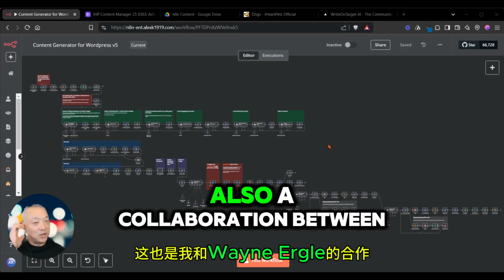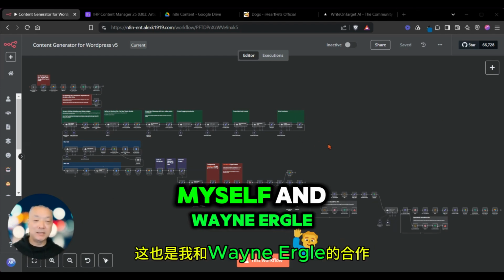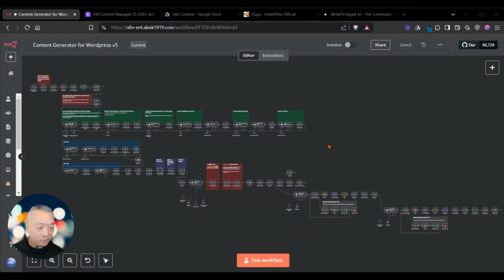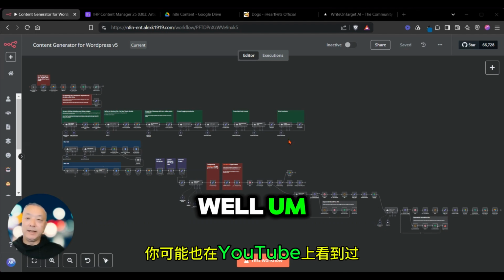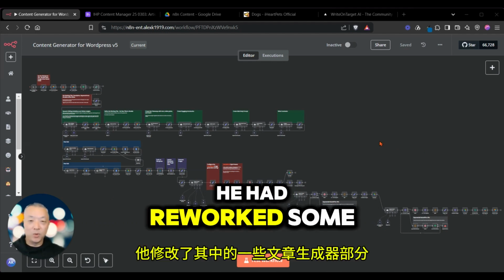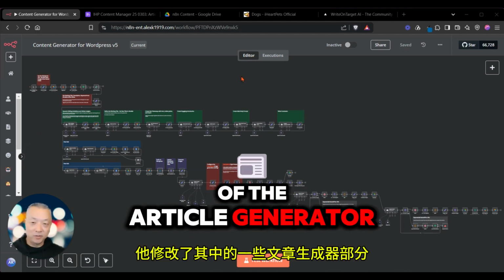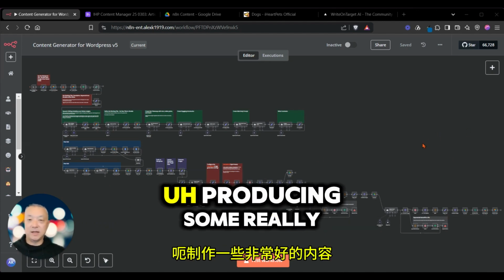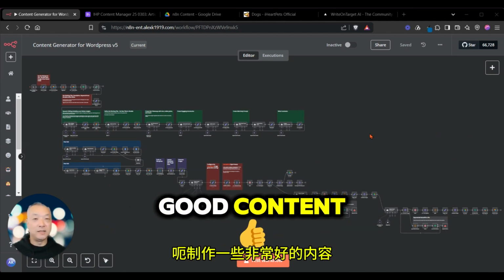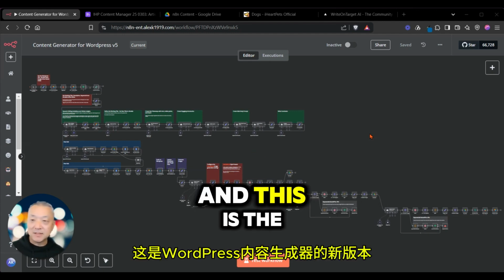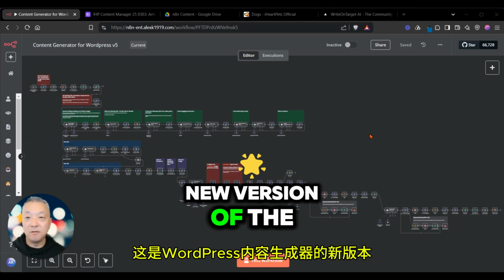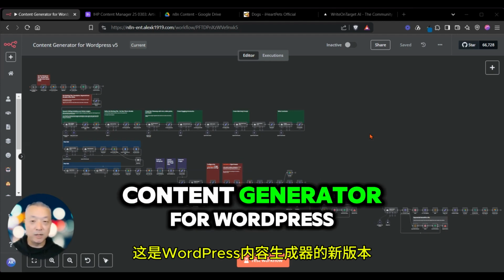This one is also a collaboration between myself and Wayne Ergel, whom you may have seen on YouTube as well. He had reworked some of the article generator portion of this that's producing some really good content. So we've got a collab happening between Wayne and myself, and this is the new version of the content generator for